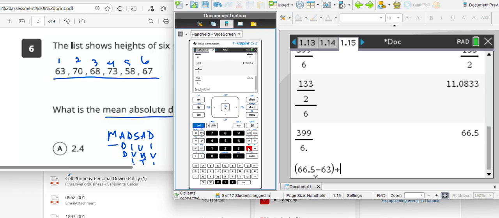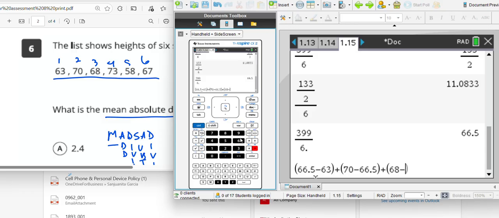And I'm going to go plus, parentheses, 70 minus 66.5, plus, parentheses,